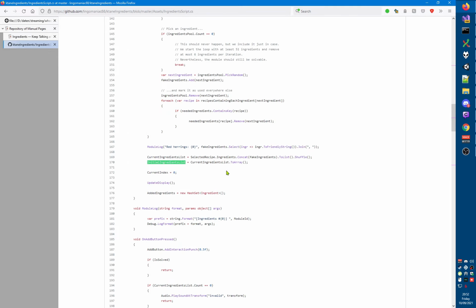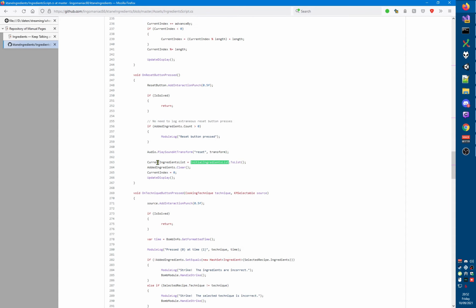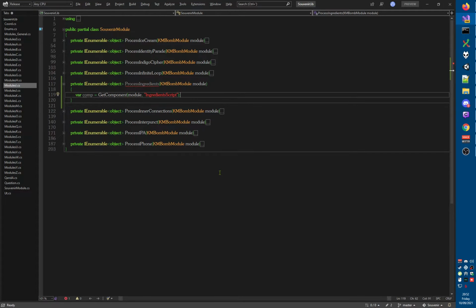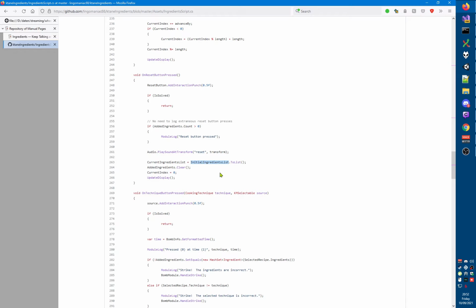So the initial ingredients list is decided on here. This is presumably in start, yes. And then here, the current ingredients list is reset to the initial list when the reset button is pressed. So this is definitely the list that we want. So var initialIngredients equals, we want to get a field that is an array of,